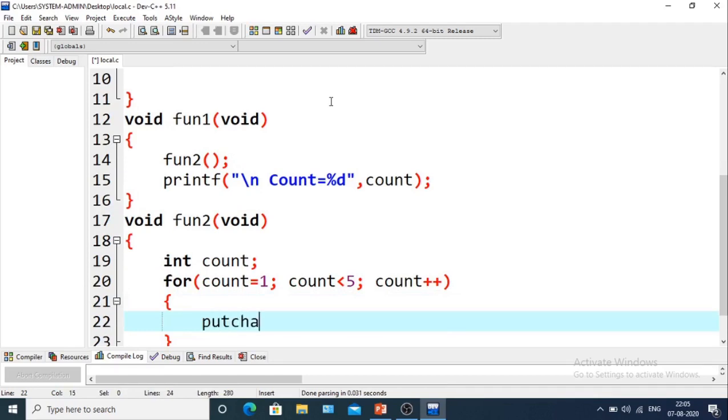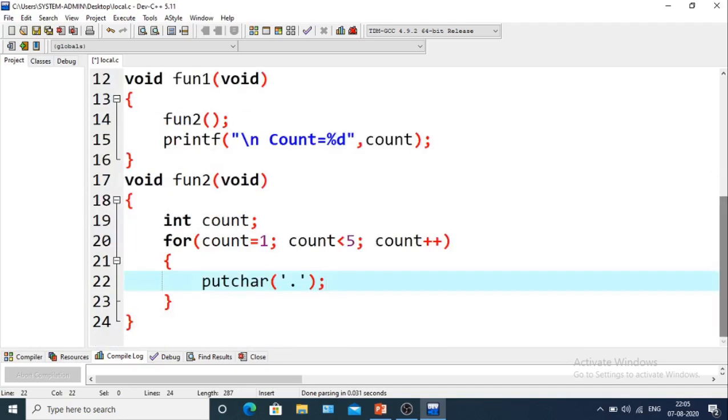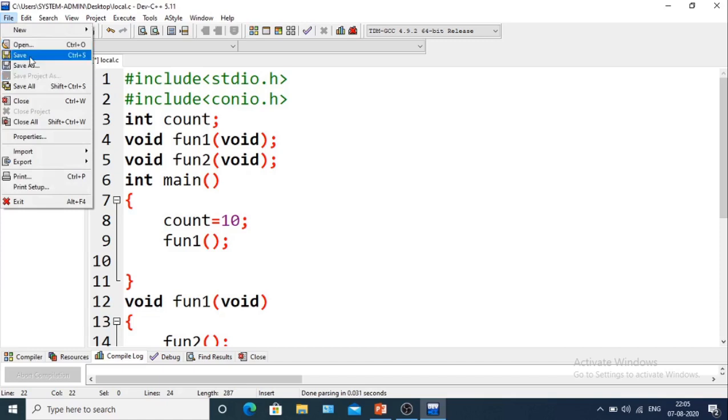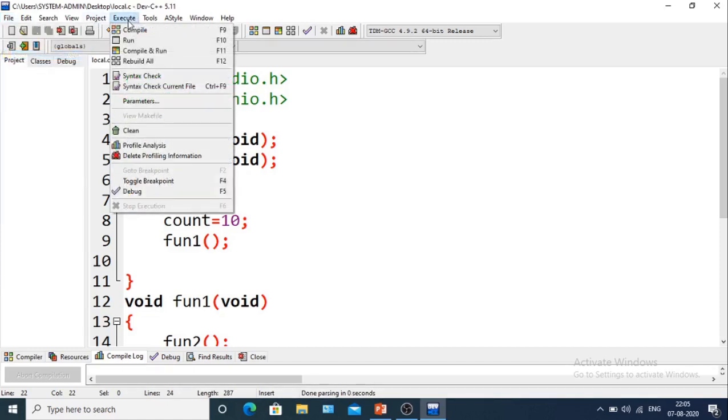So I'm taking a printf. We have defined function 2 also. So let's save the program and execute it.